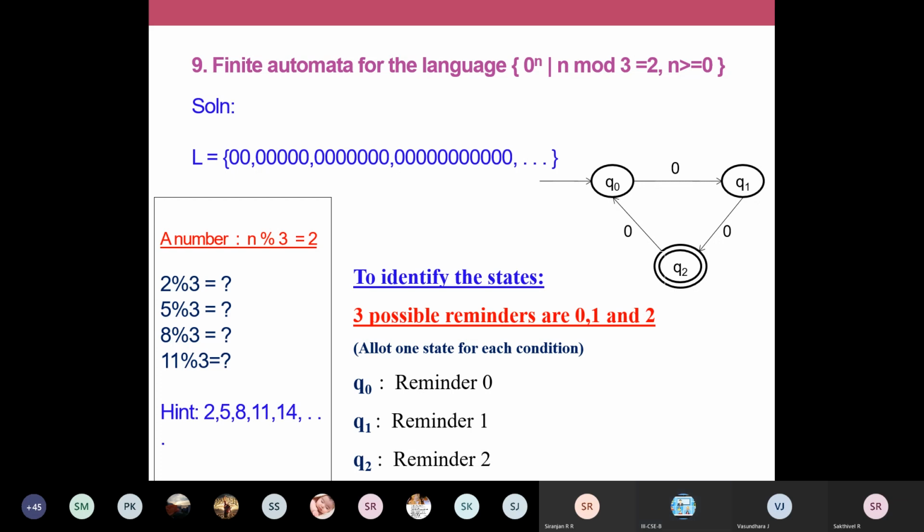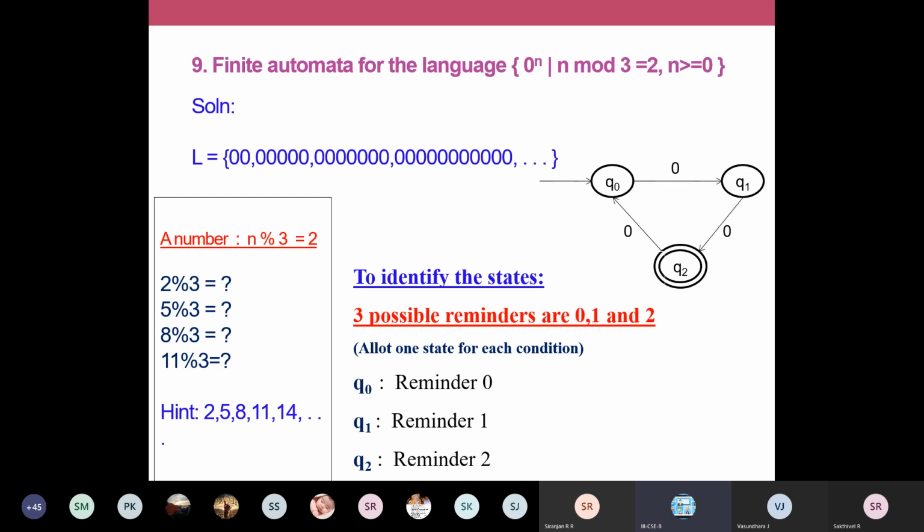But when you're including edges, you have to think that each state is for a purpose. What is the purpose? Each and every state is going to represent the remainder. Q0 is going to represent the remainder 0. Q1 is going to represent the remainder 1. Q2 is going to represent the remainder 2 condition.